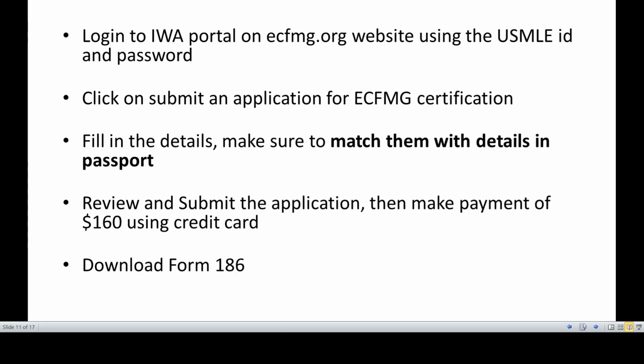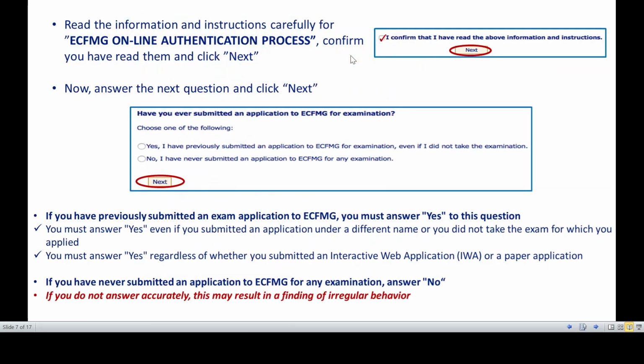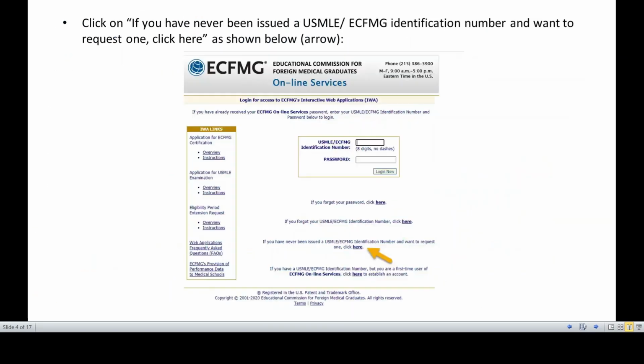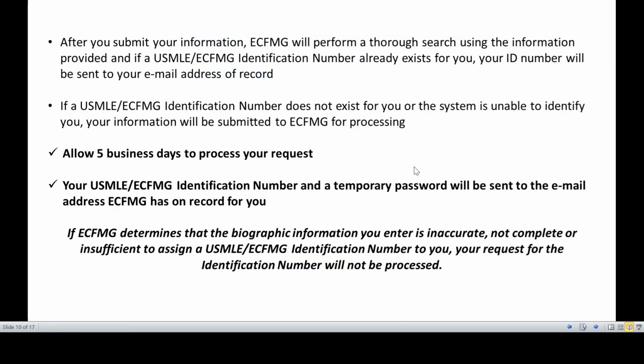Then when you get the ID and the one-time password, you log into the IWA portal, that is the interactive web application portal on ecfmg.org. Here you enter the number and you enter the one-time password here, and then you log in. After that, you click on